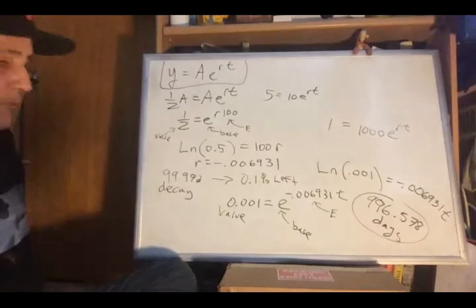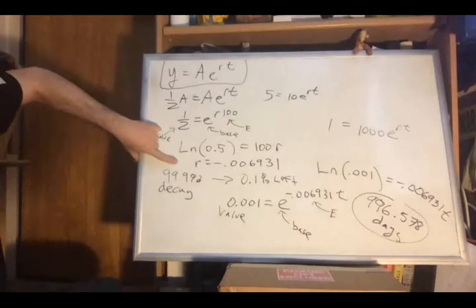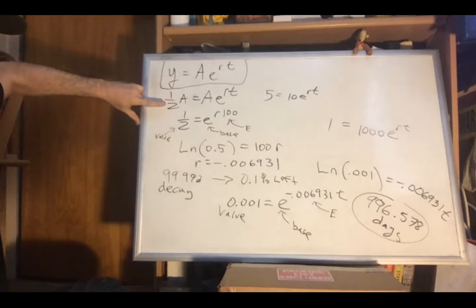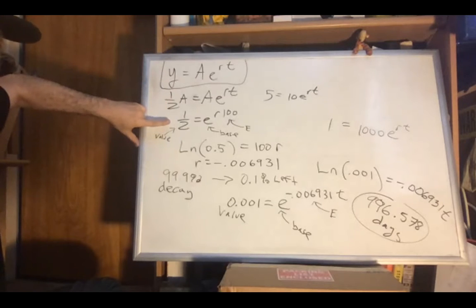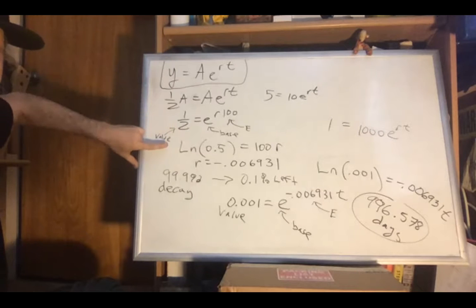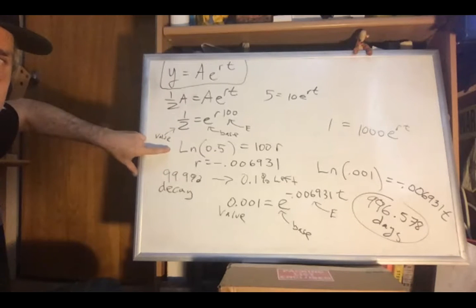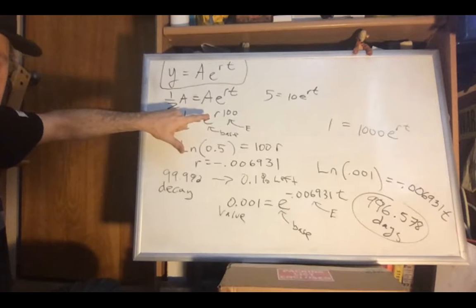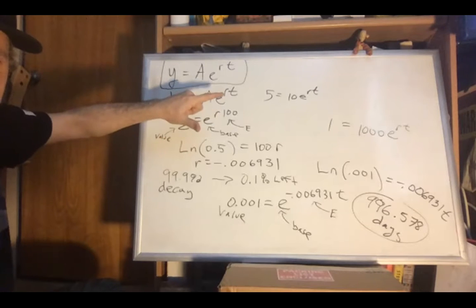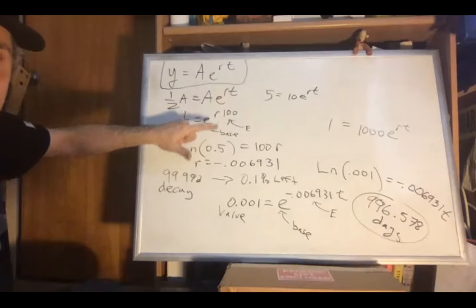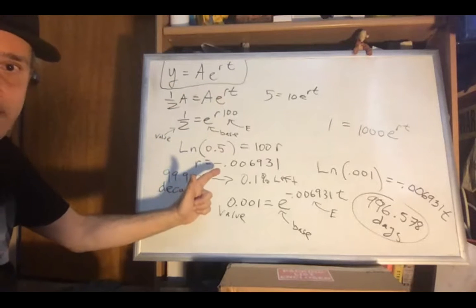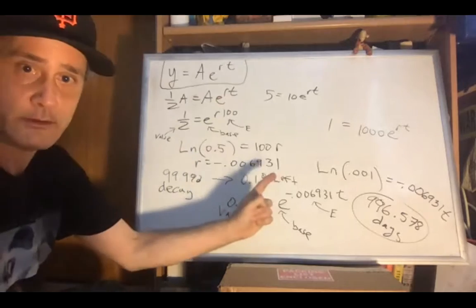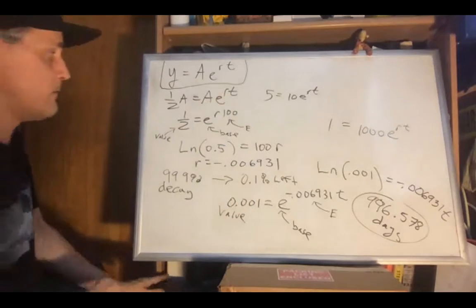All right, so we solved this problem for the r by using Euler's model. So we wanted to find the half-life. So we had half as much as we started before. So that's why this equals a half. And then we converted that to the logarithmic equation. So the ln of the value 1/2 equals the exponent 100 times r. That's 100 because this happened in 100 days. So the time is 100. We solved this. We found out, okay, so the rate, the r, is going to be this decimal. Now, what if we used